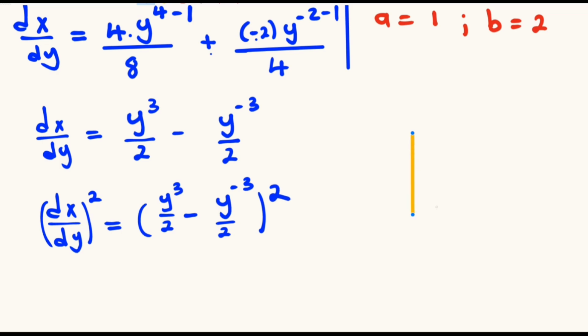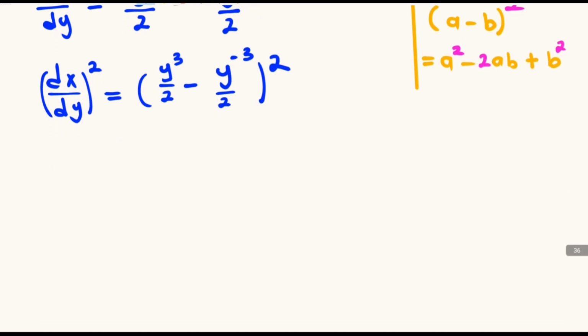And from here we know that (a minus b) squared is equal to a squared minus 2ab plus b squared. So in the same way, the dx divided by the dy